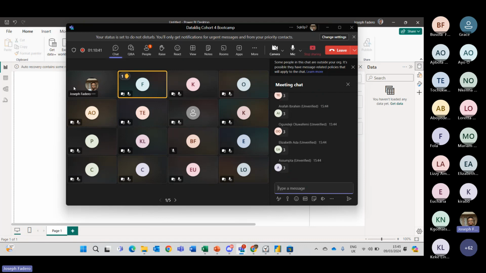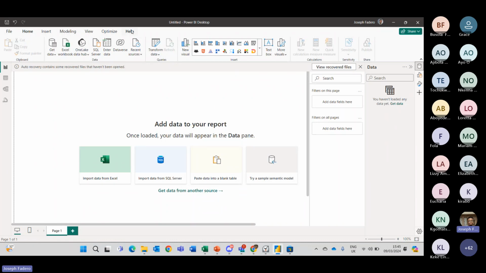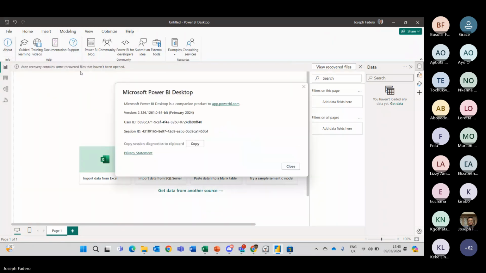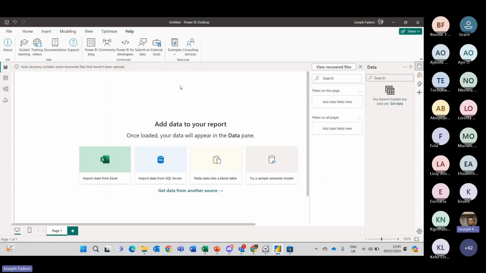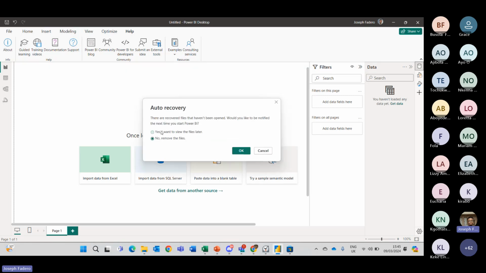So people are saying they don't have as many tabs as what I showed on my screen, which is fine. If you don't have as many, it's fine and good. I'll just suggest you can check the version of your Power BI under your About tab. I currently have the February 2024 version of Power BI. I think if you have the February 2024 version of Power BI, you will most likely have all of these tabs which I showed earlier or more. If you have a work and developer account, it should easily show all of those options as well.